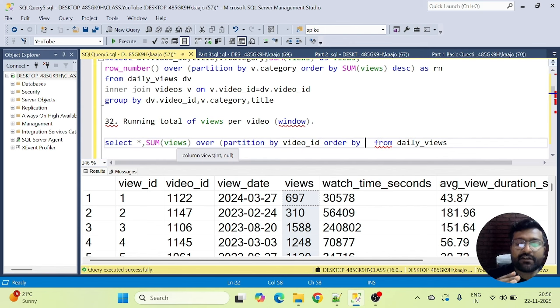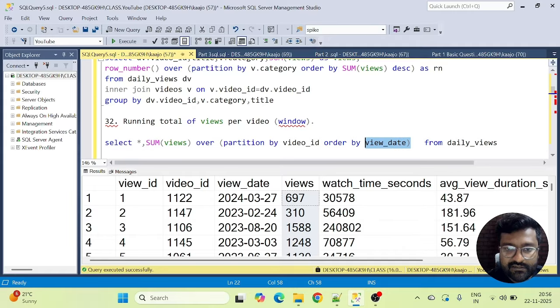Like for the first record, it will take the sum as 1, then 1 plus 2 is 3, then 1 plus 2 plus 3 is 6, then 1 plus 2 plus 3 plus 4, whatever the sum is, like that. So that is how the running sum works. So that's why we always need to provide an order by clause here. Okay, so anyways, let's go with order by view date, right? And let's take this column before the star actually, because I want to see the value.